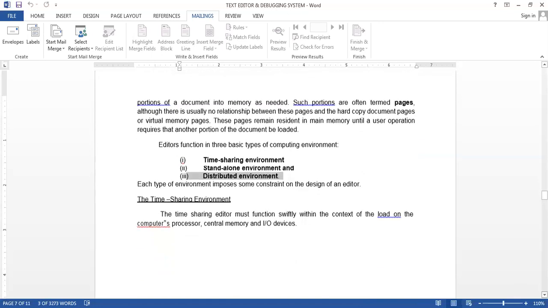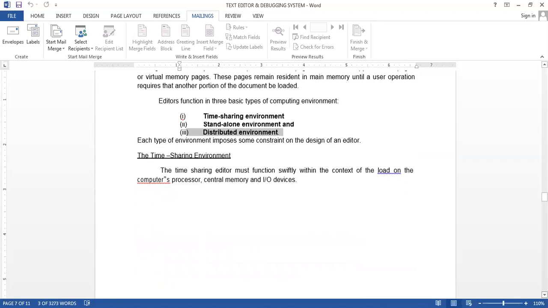As we know, time sharing means time slots are divided among different users, and every user has their own time slot. When that time slot occurs, the user can use the system, use the document, and perform editing operations. But when that time slot expires, the user can't do anything. Later, when the user gets the time slot again, they can start doing their operations.